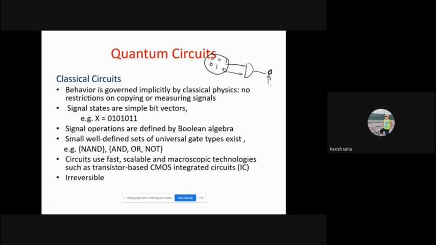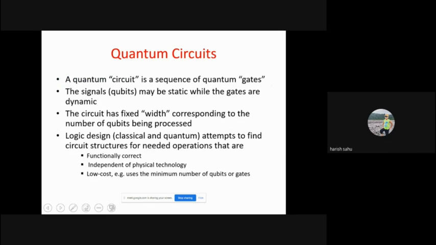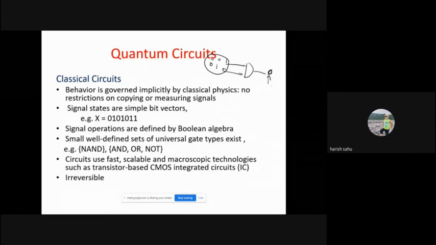So seeing the output, we cannot tell uniquely about the input data. That's why we call this AND gate an irreversible gate. And generally, whatever gates we use for a classical circuit, if the gates are irreversible, then the circuit will probably be irreversible. So generally classical circuits are irreversible.